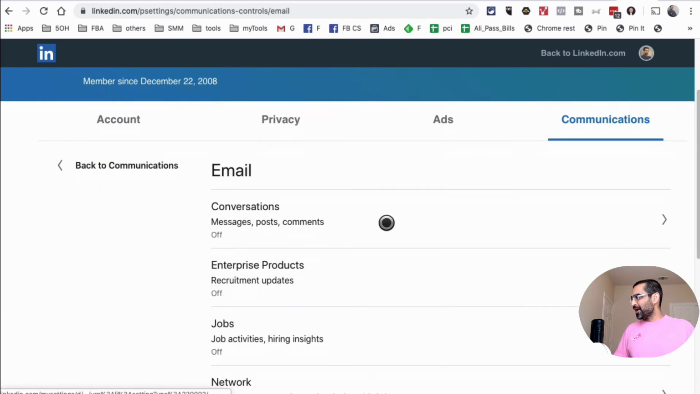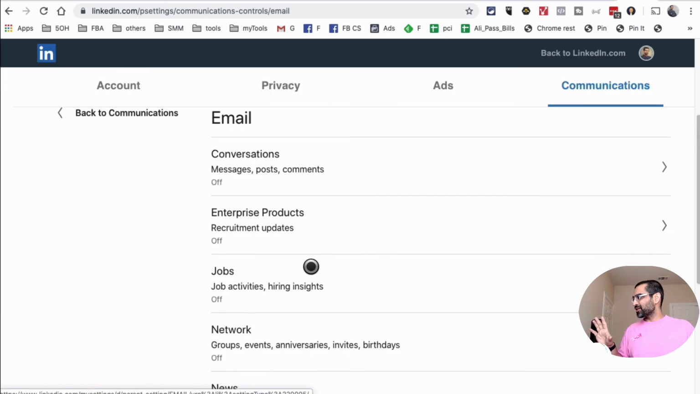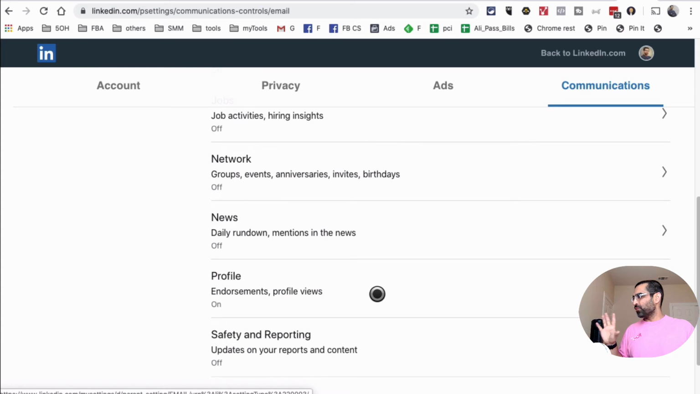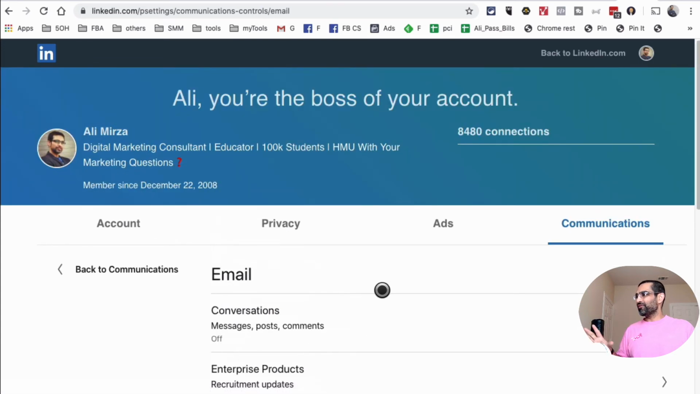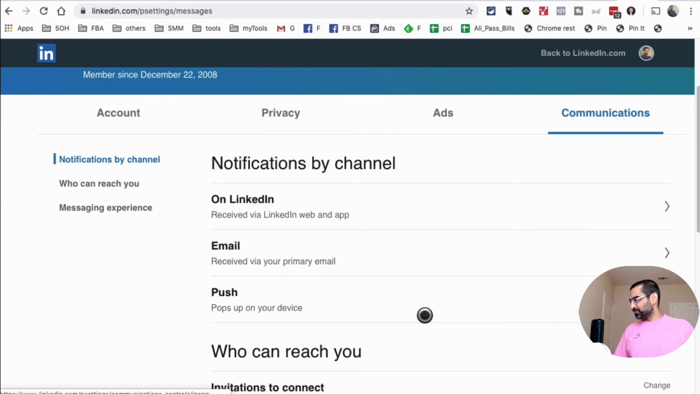So let's go back, and same thing about the enterprise products, jobs, network. Almost everything I turned off, and this is how I was able to do a digital detox and get less emails from LinkedIn. And one other thing I want to quickly mention, let's go back here,